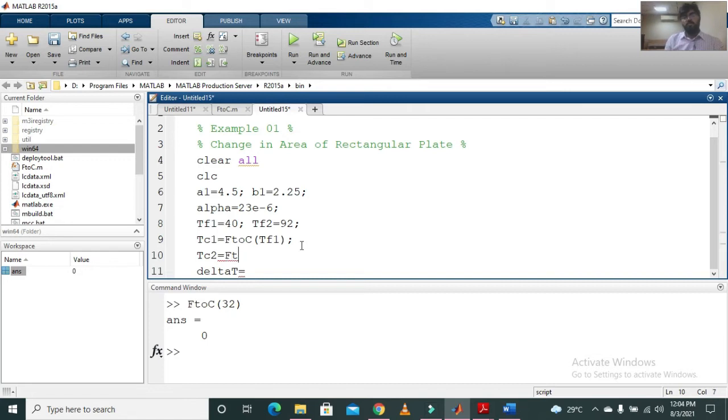I will use the same function F2C, but here I will use it for TF2. So here you can see the user defined function file which we made, we are using it just like a MATLAB built-in function. We don't have to remember the formula for the conversion. We don't have to use it over and over again. This is how function files are going to help you.